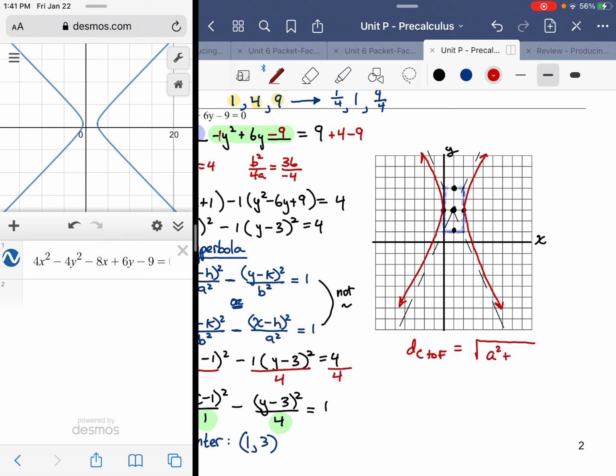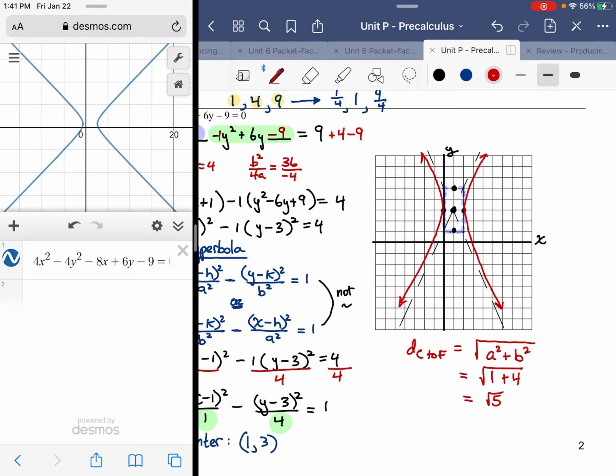So the sum of a squared plus b squared. For an ellipse, it was the square root of the absolute difference between those two denominators. So in this case, it's 1 plus 4,